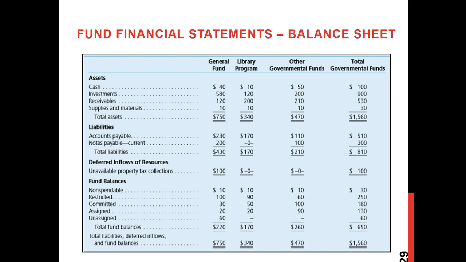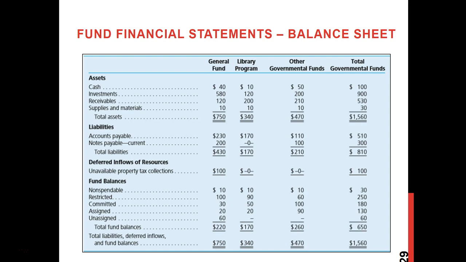So this example shows two major funds, probably the example the textbook used for this government, and they also grouped all other funds as other governmental funds, and they have total governmental funds. So their major funds are the general fund and the library program fund, and they have all other, and then they show the grand total column. Now I would like to focus on this fund balance part. So fund balance is the net part, right? Assets minus liabilities. But remember, these are the balances of their funds that they have.